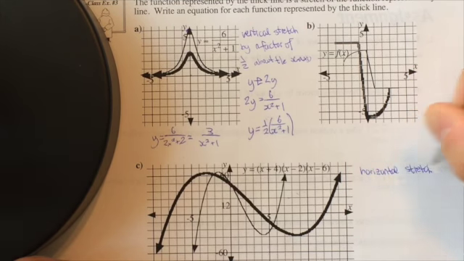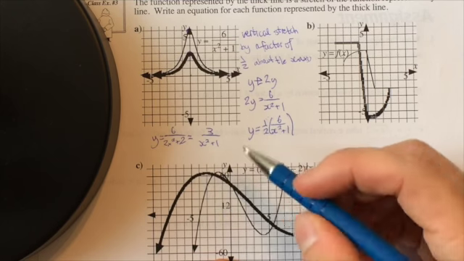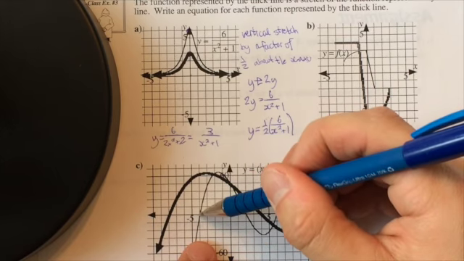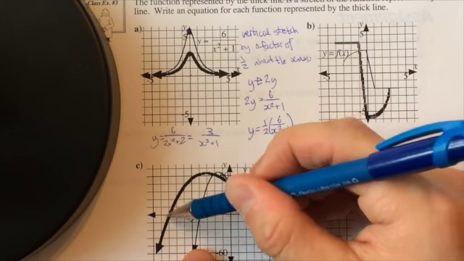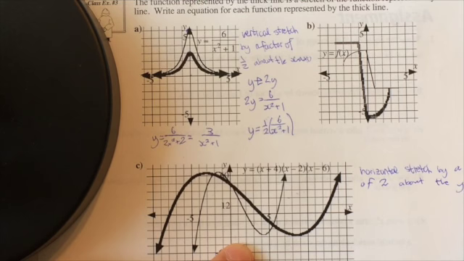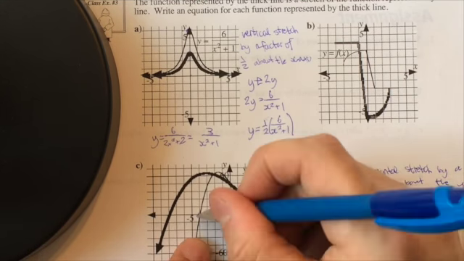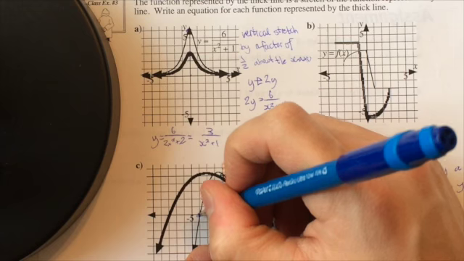And it looks like by a factor of, well, if I move from here, 1, 2, let's look at our lines here. So I'm at 4 and I go to 8, so that's by a factor of 2. Horizontal stretch by a factor of 2 about the y-axis. And so again, I was at -4 and I stretched this, so now my x-intercept is going to be